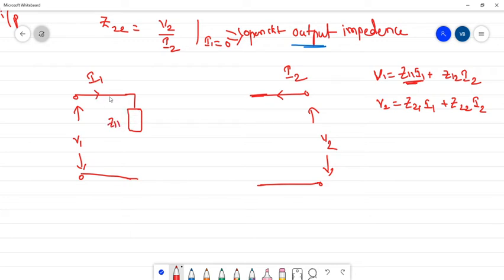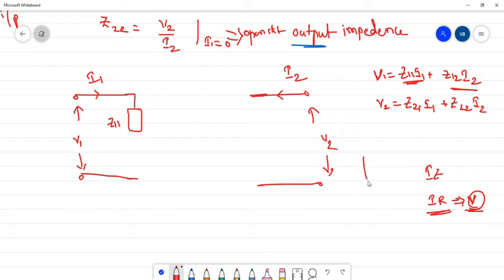So Z11 I1. What is the second parameter here? Z12 I2. So what is I into Z or I into R? IR is nothing but a voltage. Okay, here the second parameter I2 is at the output side. So this current should not be at the input side, right? So here we should replace the second with a voltage source, that is V. What is the value of V? That is Z12 I2. Is it dependent or independent? Dependent. Why? Because this is depending upon the current I2.